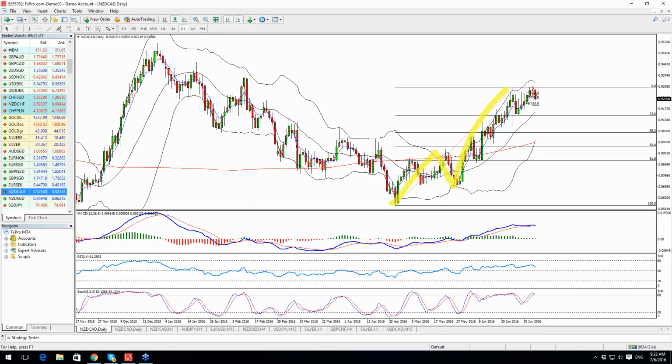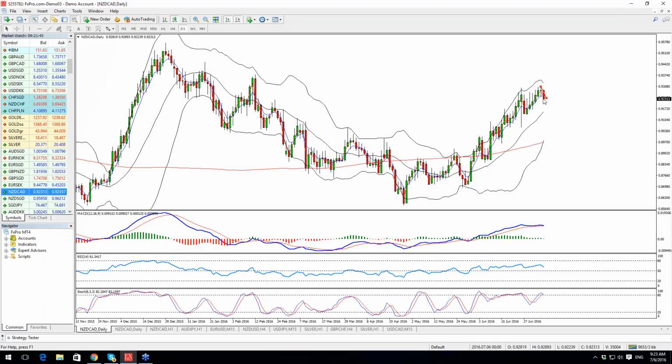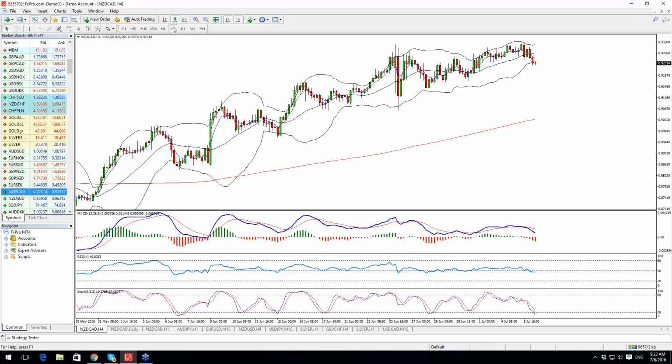So that's pretty much what we have for this pair. That's why we entered the short. Of course, it also followed a divergence. It was very good daily confirmation for us. So if there will be no crazy surprise from the pair, which could happen, we